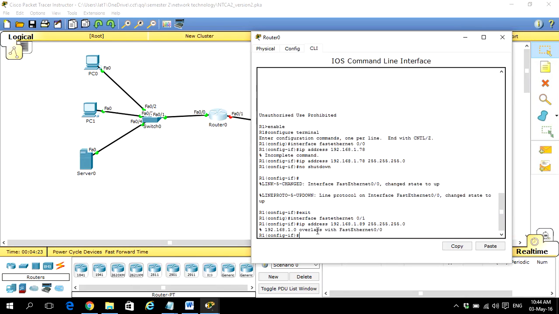If I try to put an IP address from the same network onto the other side of the router, I'm going to get a message to say that it overlaps, which means that you can't have two interfaces on the same router in the same network. The job of a router is to take traffic off one network and pass it on to another. So the router must have two different network addresses. Okay, so I'm just going to type the correct IP address now, which is IP address 192.168.2.100. And subnet mask